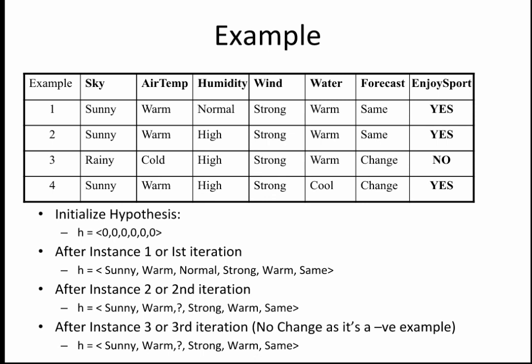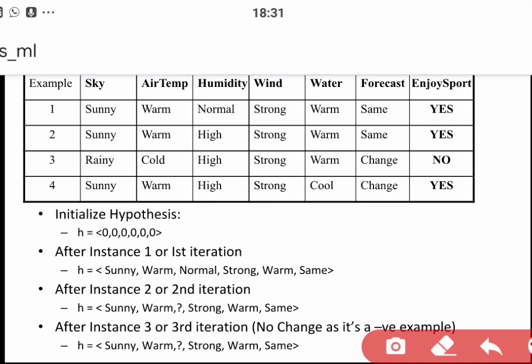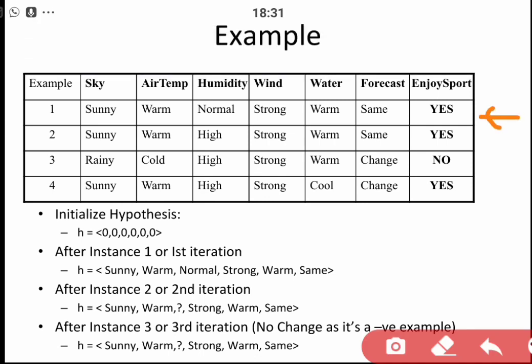As we have seen here, we have initialized it to the most specific. When we read our first example, since it is a positive example, it is giving a yes. So I will replace all the values in our hypothesis. That means my hypothesis will be updated to this one: sunny, warm, normal, strong, warm, same, for sky, temperature, humidity, wind, water, and forecast. In the next sample, when I read our second case, it is a yes, a positive training instance. So I will compare this with the hypothesis I have updated. Sunny matches with sunny, you write it as it is. Warm matches with warm, you write it as it is.